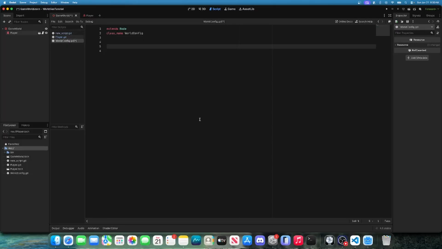We'll make a bunch of export variables for all our world configuration options, and then later we'll configure our GDExtension to load these variables when it generates the world. So we'll add an export category, do world settings,